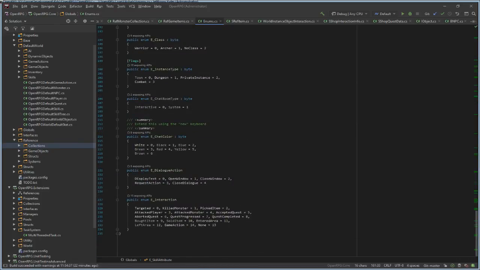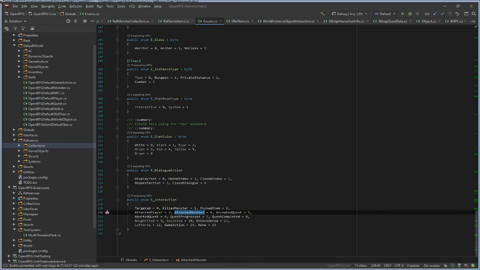I also have dynamic interaction types. These are the interactions: when you kill a monster, when you pick an item, when you attack a player, when you're targeted by someone else. So you can have all different types of interactions. When a monster or another player targets you, you get this notification.